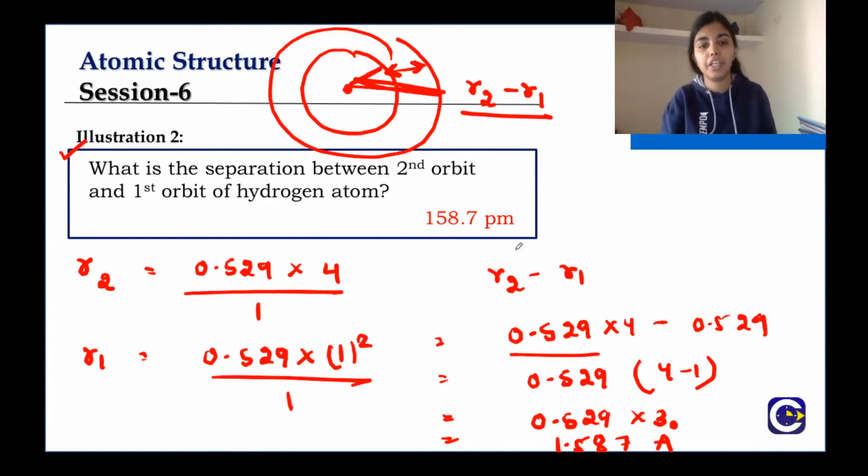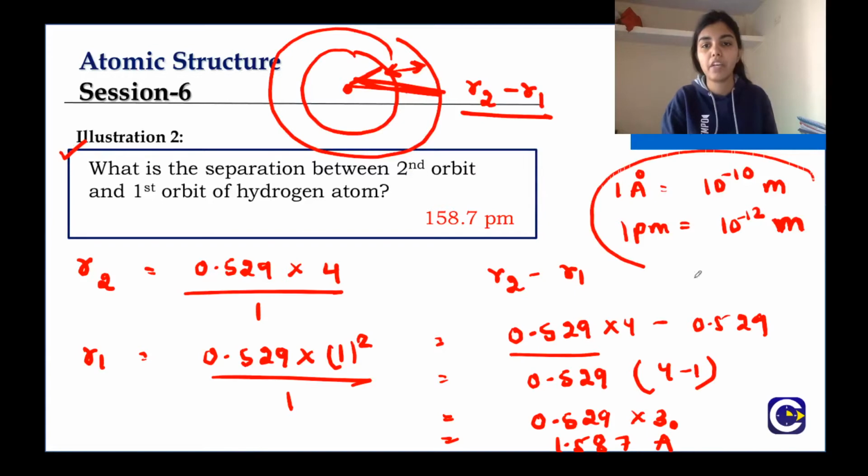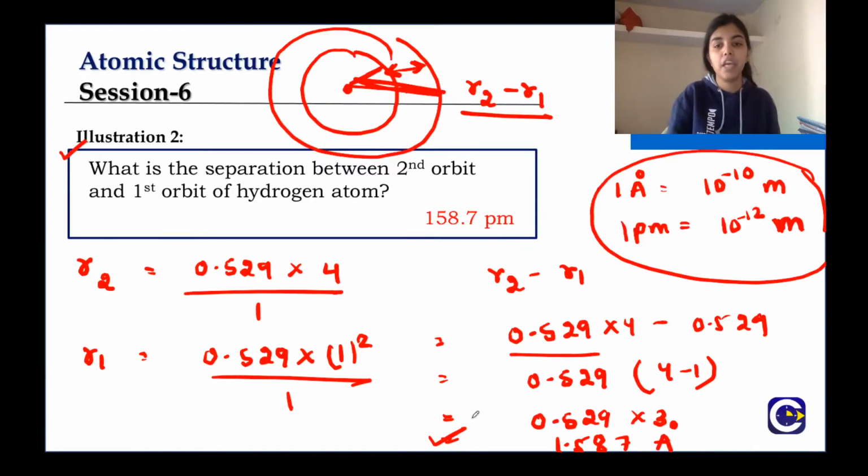Or you can convert it into picometer also. We already know that 1 angstrom will be equal to how much? 10 raised to the power minus 10 meter. And 1 picometer is how much? 10 raised to the power minus 12 meter. Right? So this way you can convert it into picometer also if the answer is asked in picometer. However, if nothing is mentioned basically, you can give the answer in angstrom also. It is 1.587 angstrom. And if in picometer you will convert, you can write down that 1 angstrom